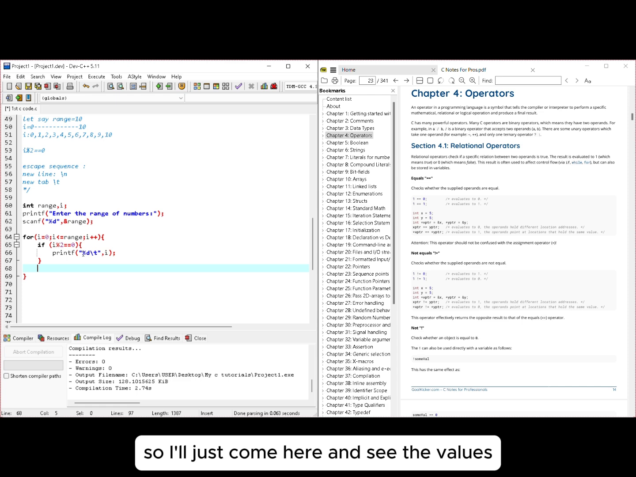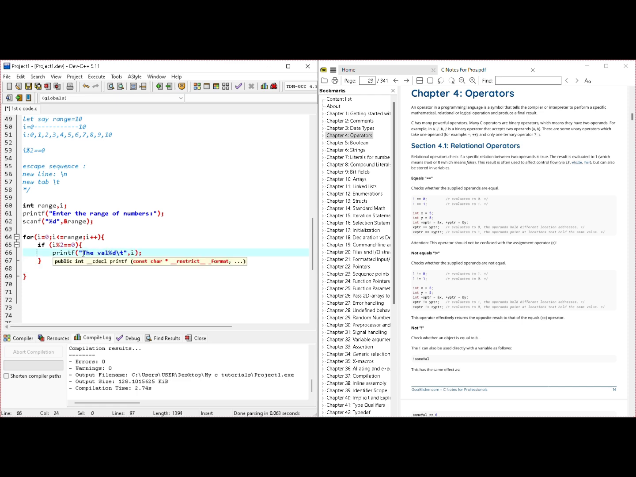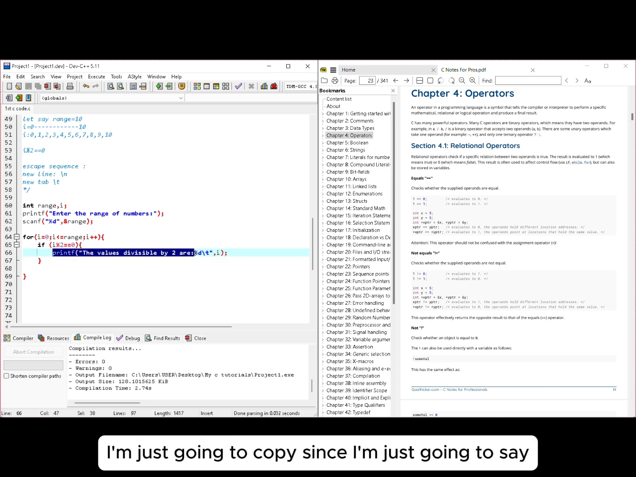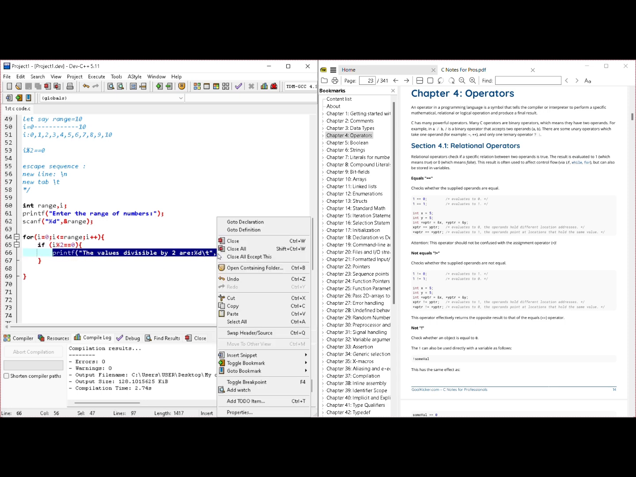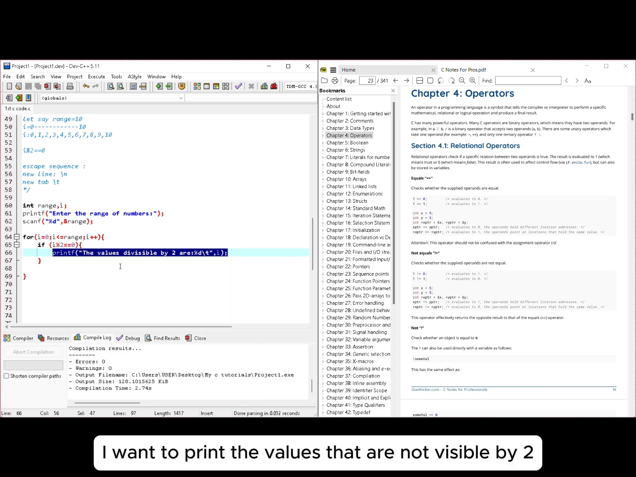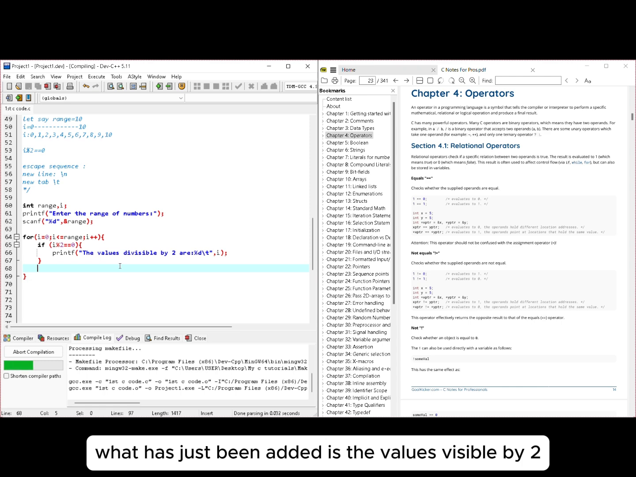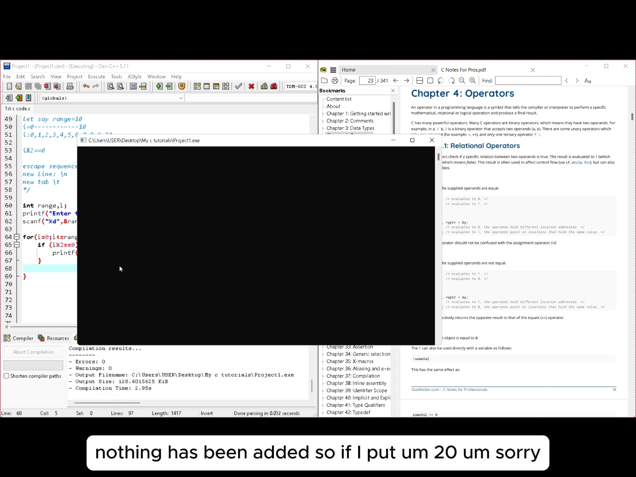So I'll just come here and say the values divisible by 2. Okay, just give one, sorry. Then now here I'm just going to copy, since I'm going to say I want to print the values that are not divisible by 2. So if I run this, what has just been added is the values divisible by 2. Nothing has been added. So if I put 20,